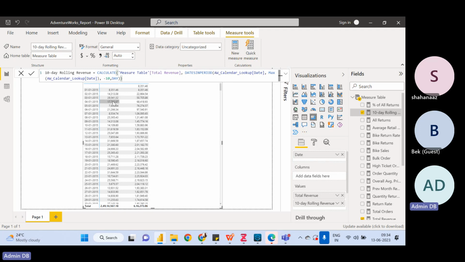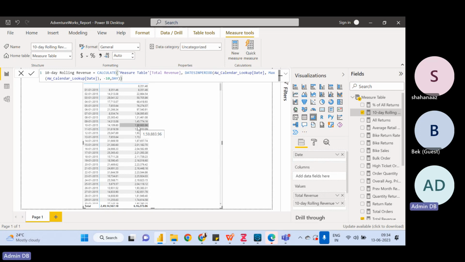If you are on the fourth day, it will add these four values. Why? Because I want to look into the last 10 days of data and then calculate total revenue. So when we are on the 10th day, it will look into all the previous 10 days, including this day, and give you